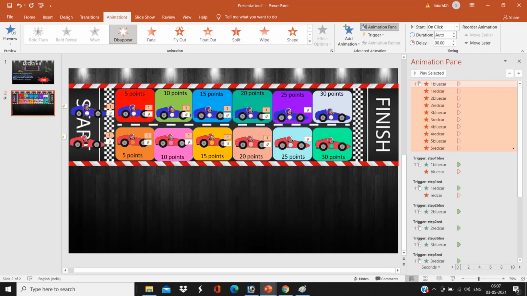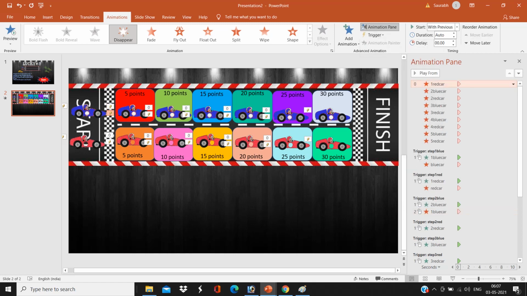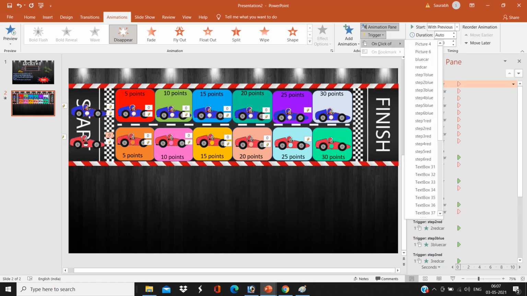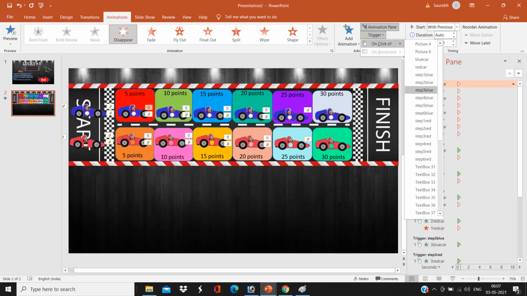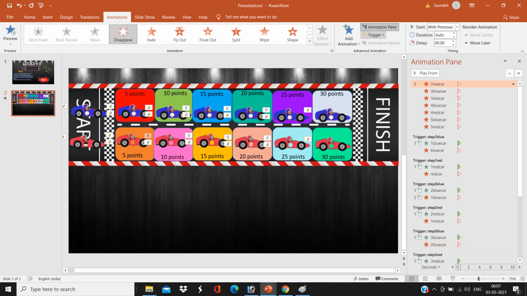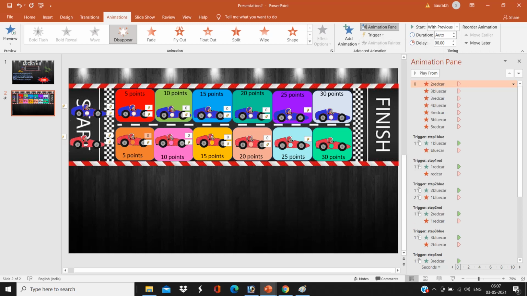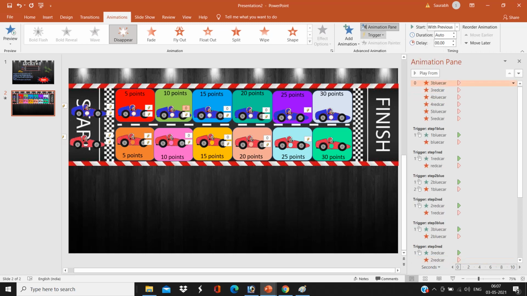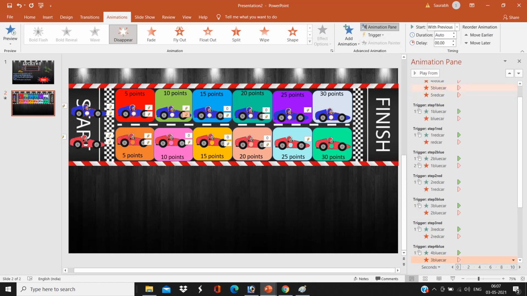The same thing happens when I click on the next block. Like, when I'm clicking on the 10 point block, it should disappear from the 5 point block. So for our one blue car, I'm giving the trigger point of our second rectangle. For the two blue car, I'm giving the trigger point of third rectangle. And likewise, for the one red car, I'm giving the trigger point of the second rectangle of our red cards, which is of 10 points.